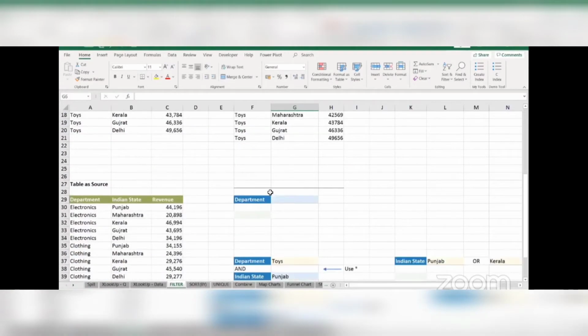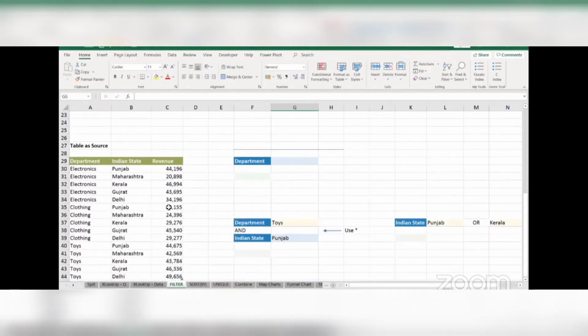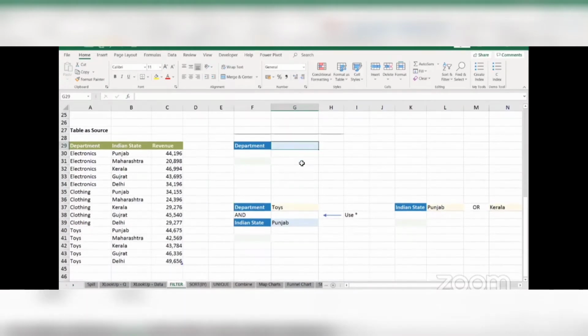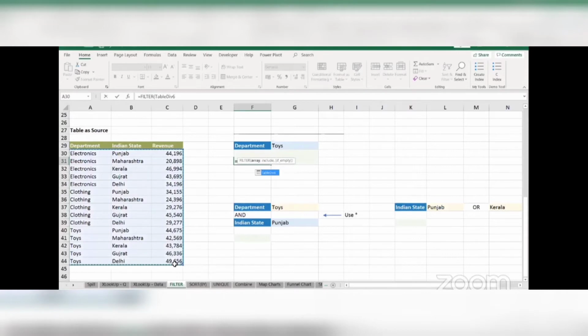Now, let's look at the same thing when it comes to a table. So here we have department. Let's say I want to have a look at all the different rows where the department is, let's go with toys. Let's go with toys. I'll go here, is equal to filter. My array will be my entire table. All right, comma. Include will be what?